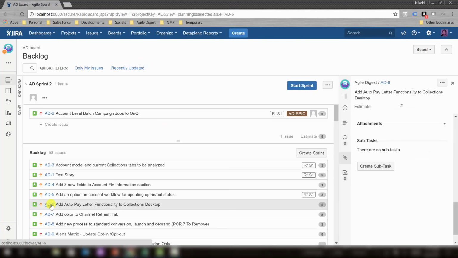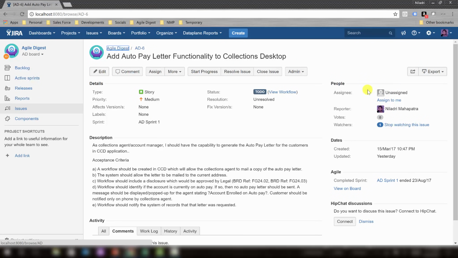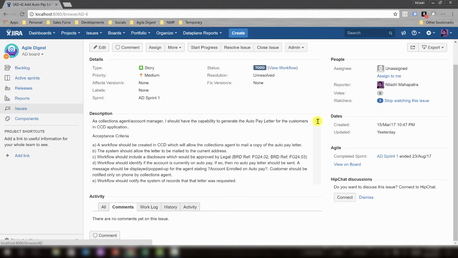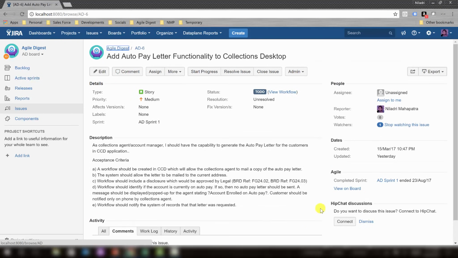Okay, so this is another story, AD6, that we'll be working on. We have the description, and I guess we'll have the acceptance criteria also. It's meeting our definition of done. Here we see there are no tasks yet created, so we'll be creating a couple of tasks here before